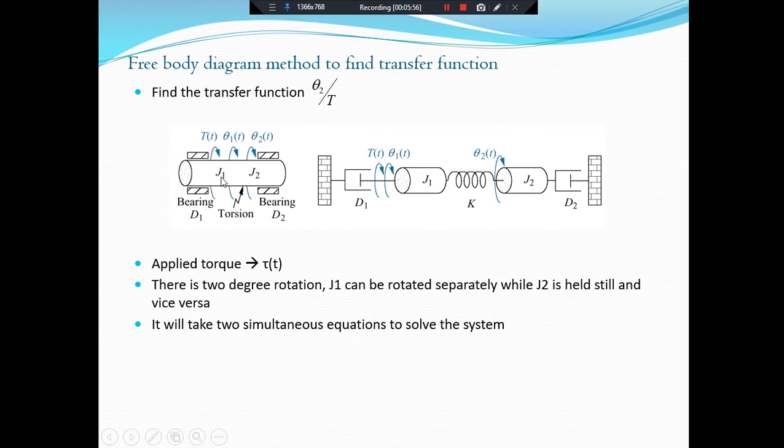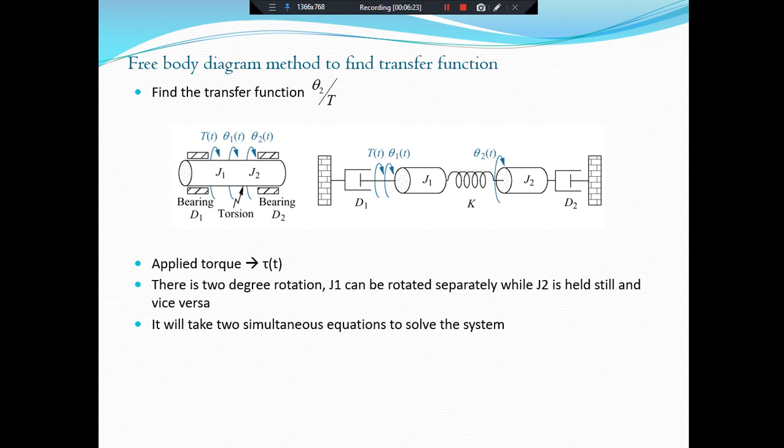Okay, and here is J1. J1 is the inertia, and this is J2. And here is the torsion. Do you know what torsion is? Basically, torsion is the twisting of an object due to an applied force. Actually, when we apply force on any object, there is a torsion, or twisting, of the object. Actually, the object is not so rigid.